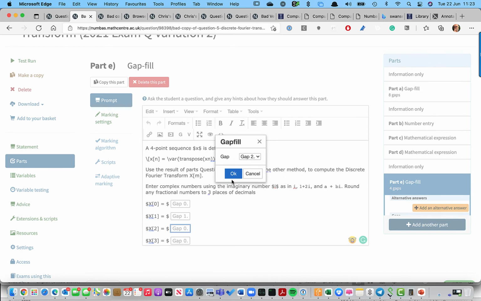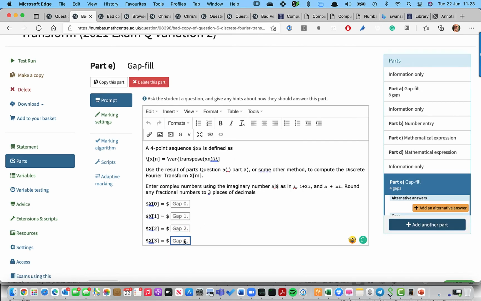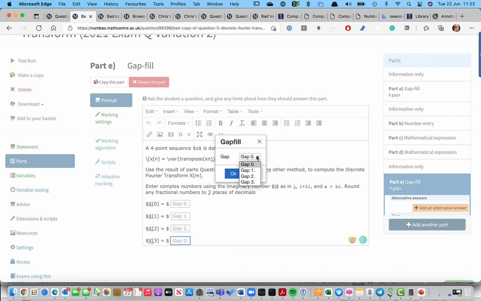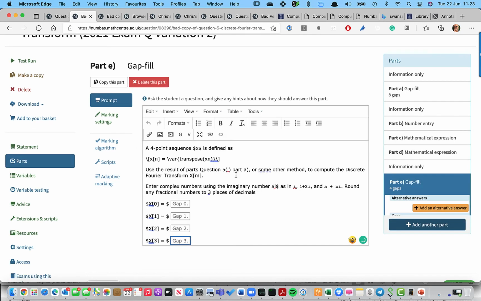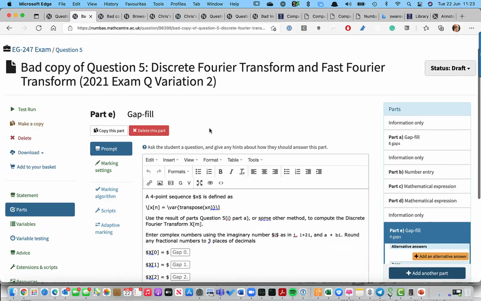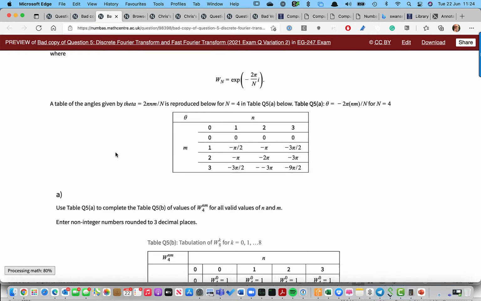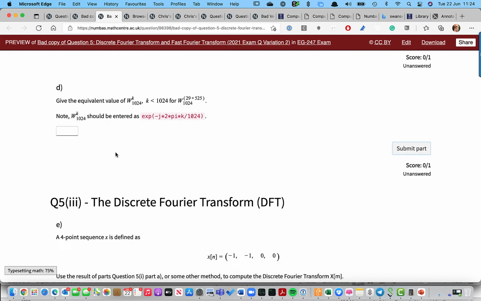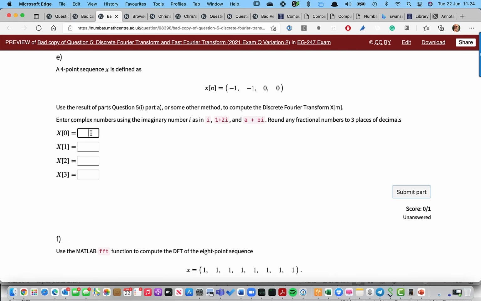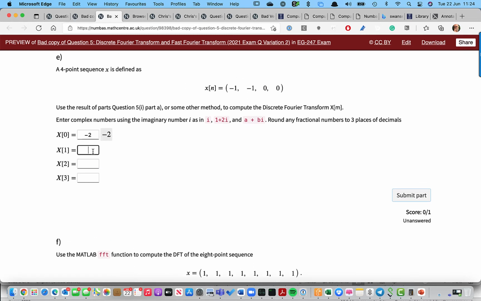Defined, and the values come out of the calculations that I've set up behind the scenes. So it should have worked fine, but didn't, and was quite a problem. So once that's done, we test it, it works fine. Again, too late really to put this over to the live running test. The students had already made an attempt. So all I could do was regrade and make sure that nobody was penalised for this particular error.